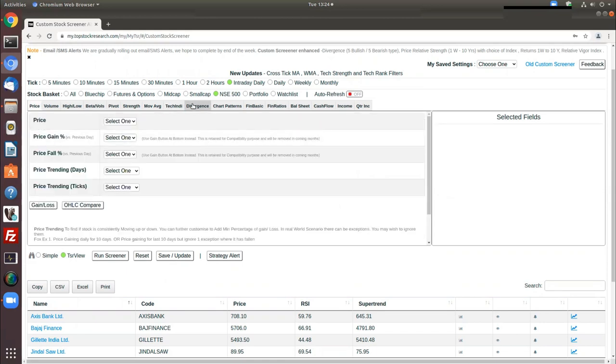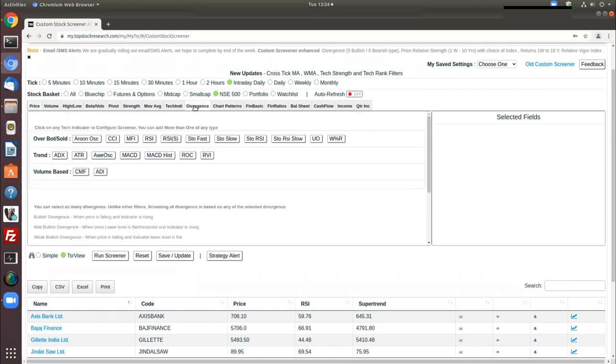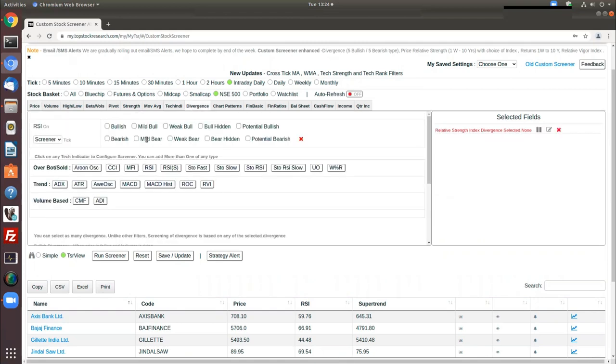One very important part, which is different from the rest of the screens, is divergence. In other cases, you have an option of an AND condition. That means price is greater than 2% and volume is greater than 200% of previous day volume. So it comes as an AND. Whereas in case of divergence, this is a model which will come pretty frequently. You can look for a bullish divergence.